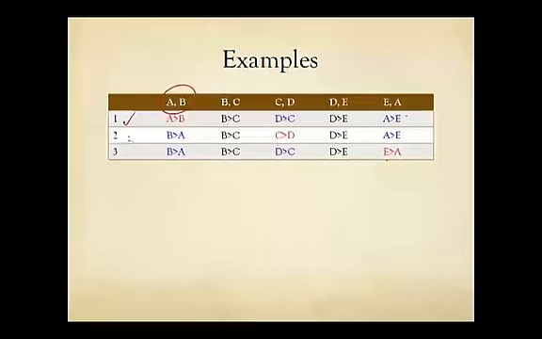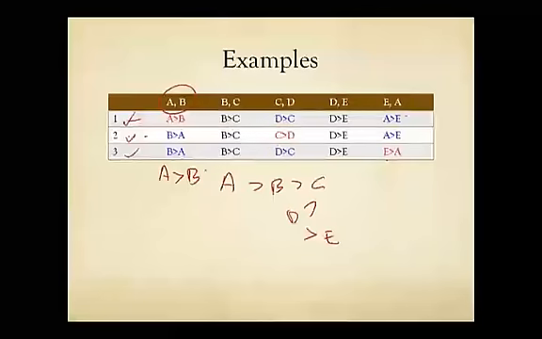Because now if you look at each of the 3 voters' input lists, it is transitive. For example, the first one says A better than B, B better than C, D also better than C, D is better than E, and A is better than E. That is not cyclic. That satisfies all the transitivity that you need. Similarly for the other 2 voters, 2 and 3. And therefore now the 3 inputs are indeed transitive. And yet, because we only flipped where there is a decisive voter, the output remains cyclic.